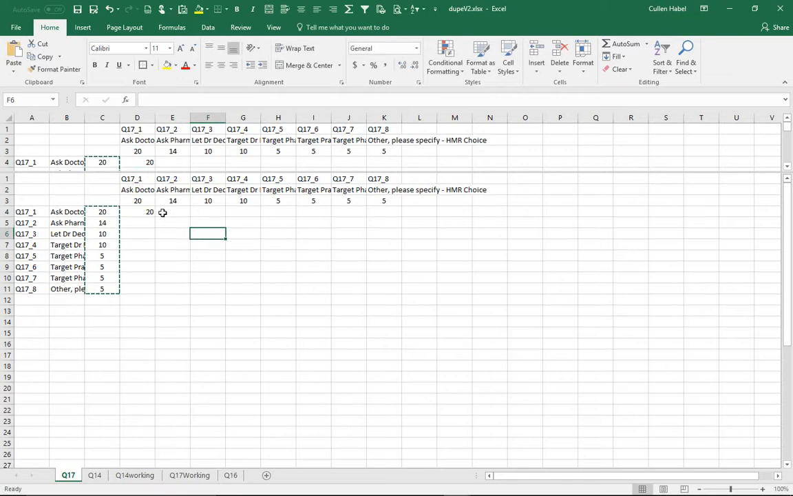That diagonal just goes straight down there, because it's just an identity function. But more importantly, how many of the people who said yes, I would ask a doctor,